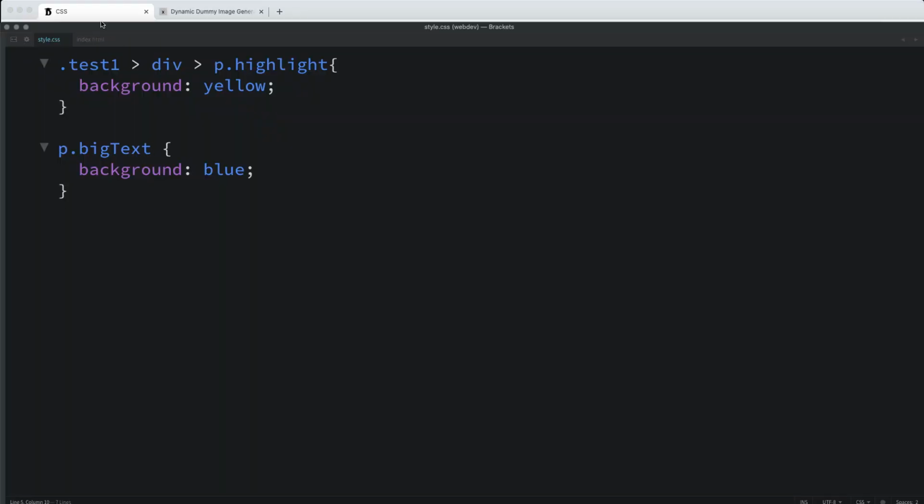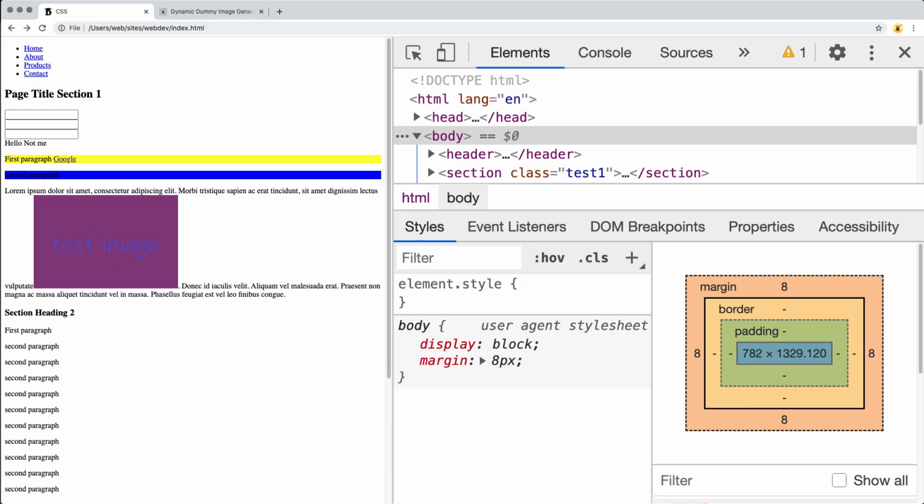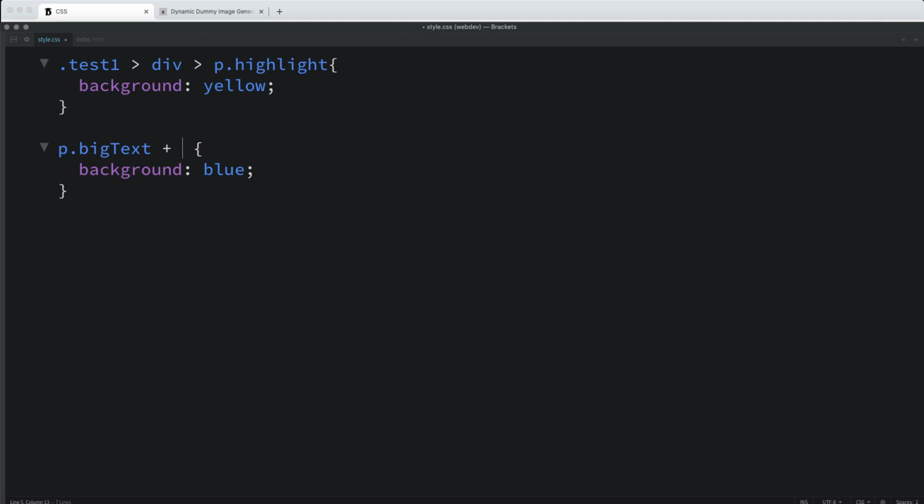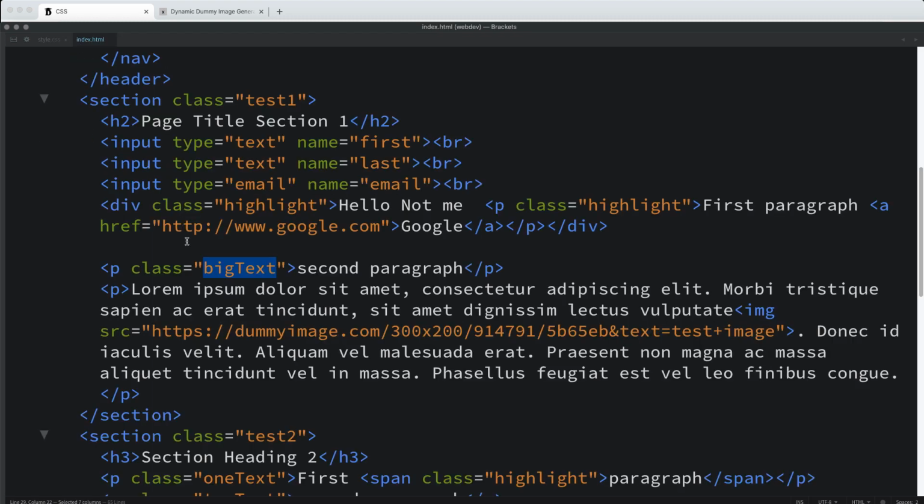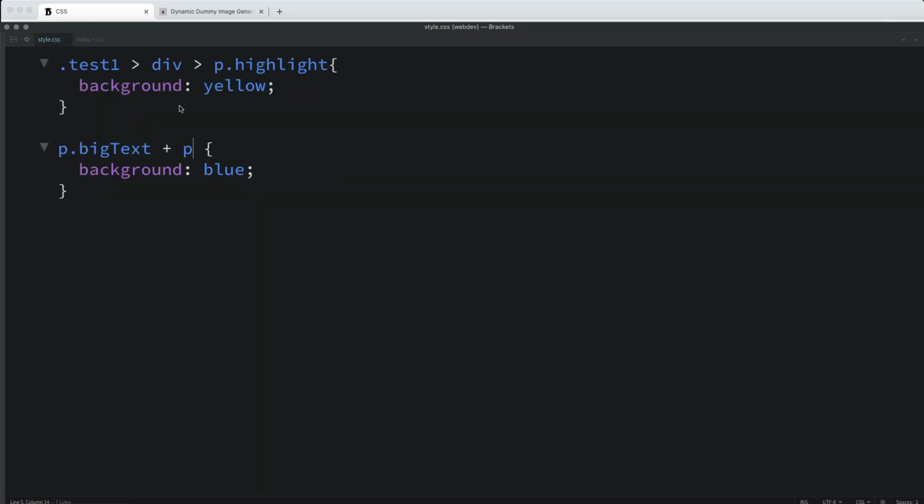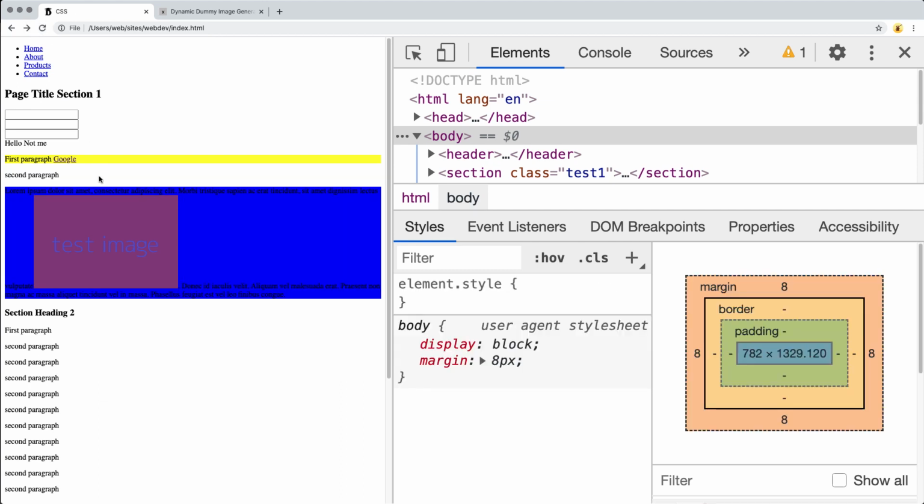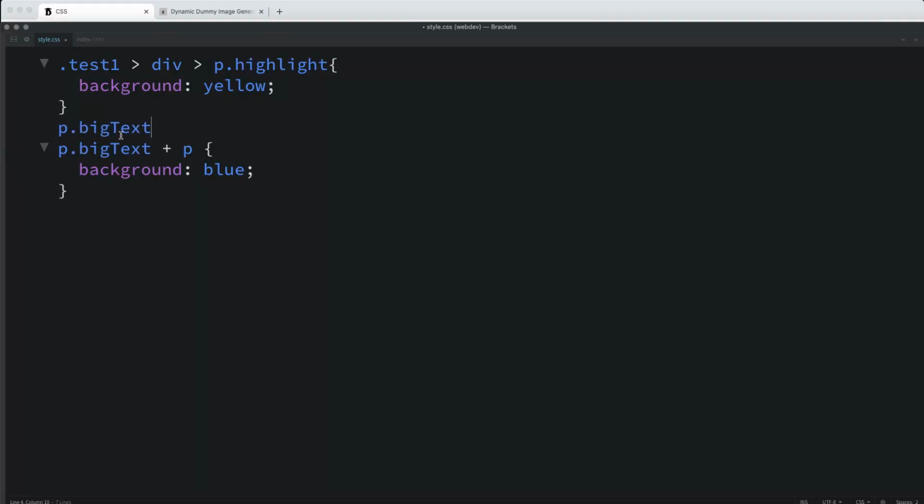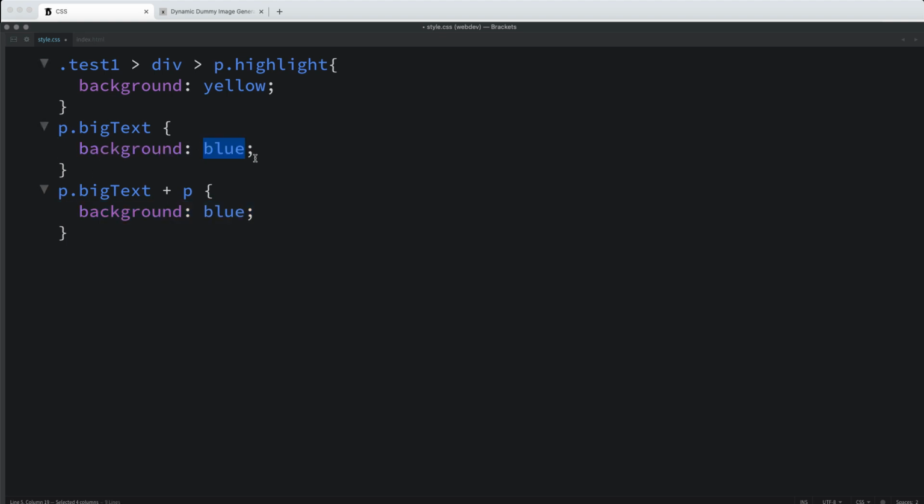And now let's try to turn the adjacent one blue. So using the plus, we're going to look for the next paragraph and turn that blue. So that turned the next paragraph blue instead of the selected. And I'll just duplicate this big paragraph one so that we can see the difference there. So this is the initial one, and then this is the one that's adjacent to it that we're selecting using